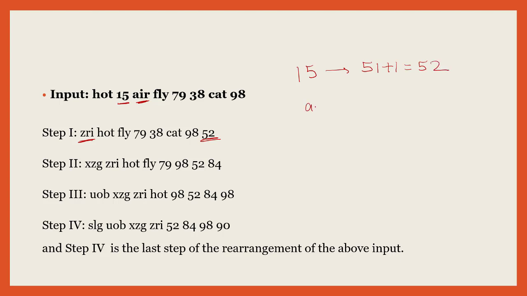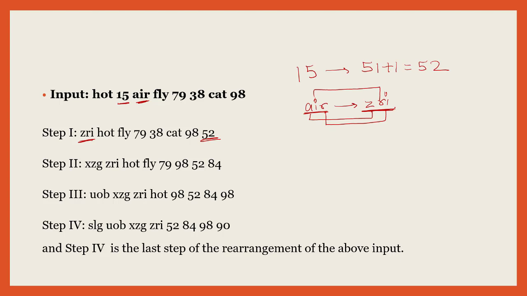And if I have to connect air with ZRI, now here a bit of our coding decoding concept would apply. I'm sure if you can recall, we have learned the opposite letter pairing. Z happens to be the opposite letter for A, I happens to be the opposite letter for R, and R happens to be the opposite letter for I. So what we have done, in place of air, all the three alphabets have been replaced with the opposite letters. Let's see if this pattern is being continued further or not.